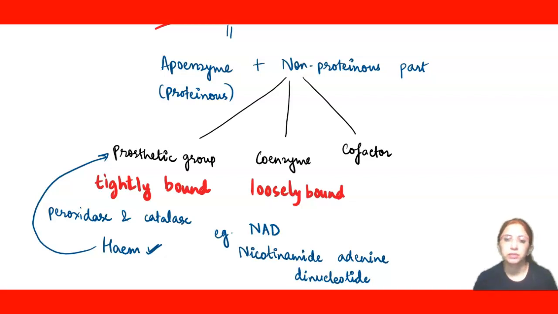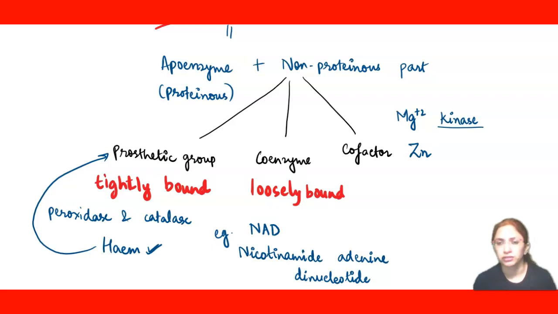Cofactor includes the metal ions which attach with the apoenzyme. It could be magnesium ion in the case of kinases. So any enzyme which has suffix kinase, they will only function once magnesium ion is attached to them. This enzyme will come when we will discuss the respiration process, and basically they participate in the glycolysis and the Krebs cycle. So kinases are those enzymes that work only when they have cofactor magnesium ions with them.